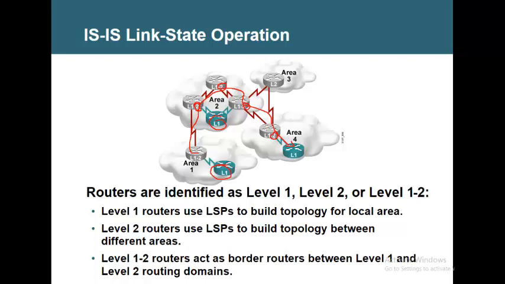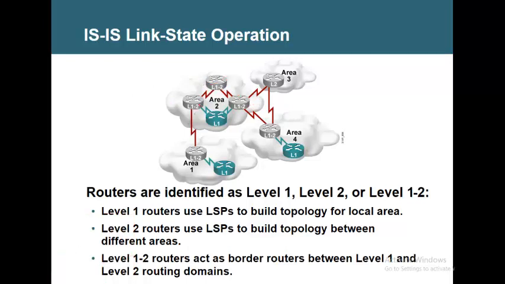If you don't have L2, say you don't have L2 here, it is L1. Now this cannot be a backbone. This cannot act as a backbone. Why? The other area routes are here but cannot go here because there is no L2. So this router will never learn about area 4. Likewise, this router will never learn about area 1 because this middle router is not ready to learn other area routes. You understand?